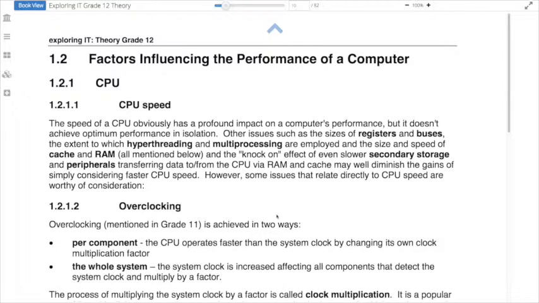One of the things that's examined quite regularly and is fairly easy marks is this concept of how do we improve the performance of a computer. And there are various ways of doing so, and the book actually outlines them quite nicely. Firstly, the CPU speed. Now, this isn't overclocking, which is covered in the next section, but the CPU speed can be improved by doing things like hyperthreading, multiprocessing, changing the size of the register. Those are all the things we can do to the design of the CPU, which does make it run more